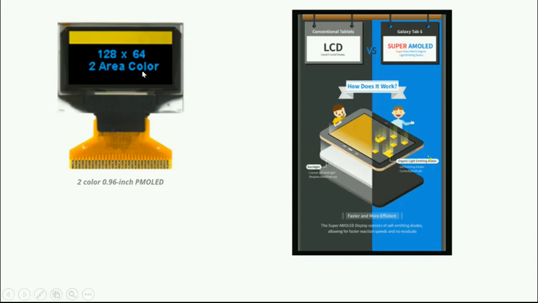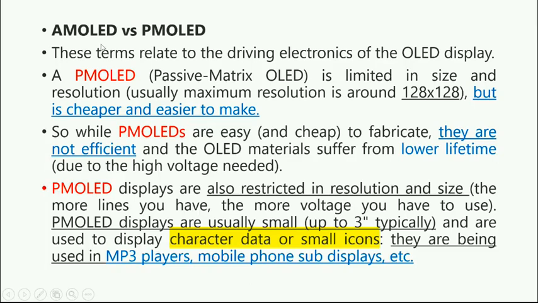So you can see different OLED types, and you can see the high contrast and high clarity difference between an LCD display and an OLED display. We have to differentiate two types of OLED: active matrix OLED and passive matrix OLED. In passive matrix OLED the resolution is very limited, 128 by 128 only, but it is cheaper and easier to make.